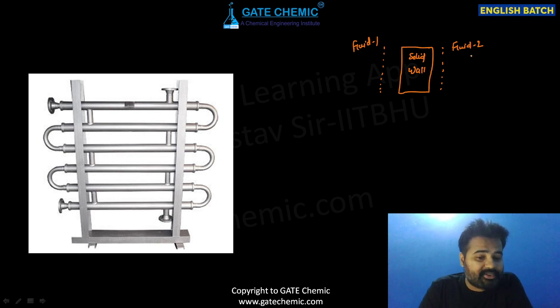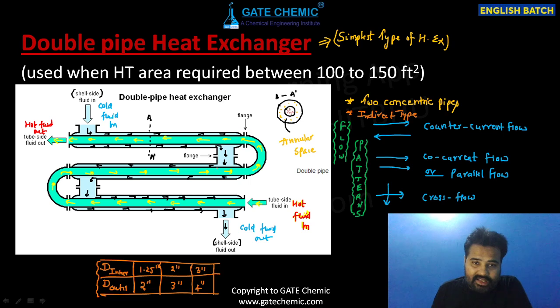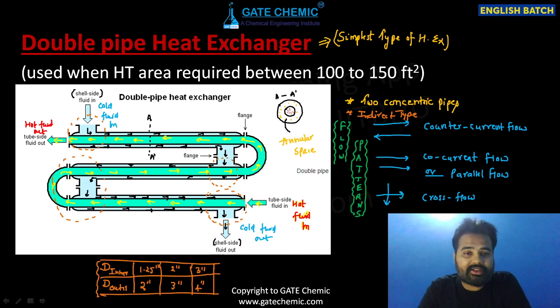Okay beta, Nishant asks, how to represent cross flow in a double pipe heat exchanger? Beta, don't worry. In a double pipe heat exchanger, if you look at just this region, you can see that cross flow is happening in this region only. So generally in a single heat exchanger you can see more than one flow pattern also, beta. And also I will design in future, in subsequent lectures, in just one heat exchanger I will draw like counter, cross, all will be there.